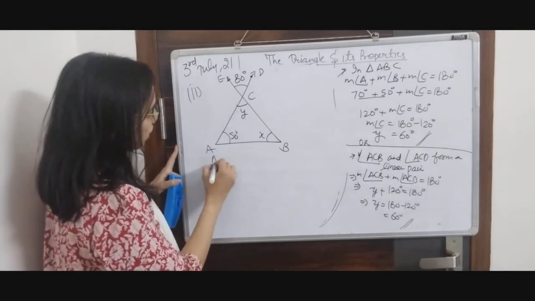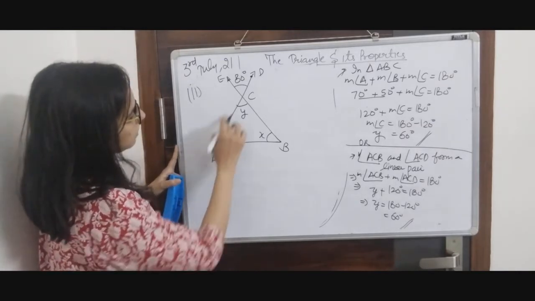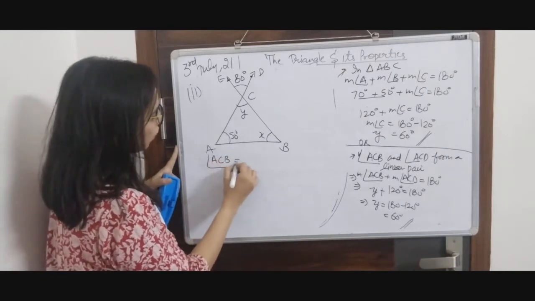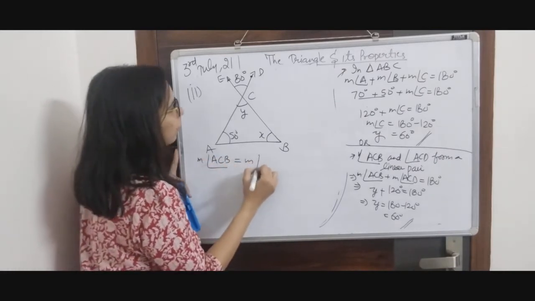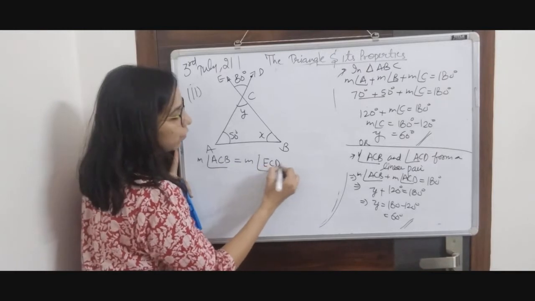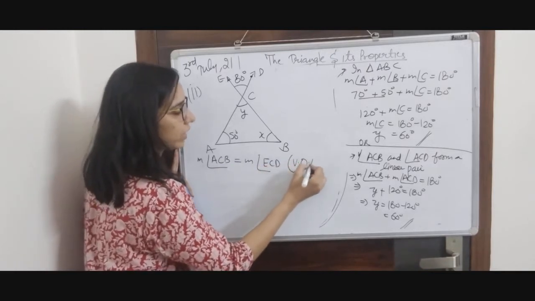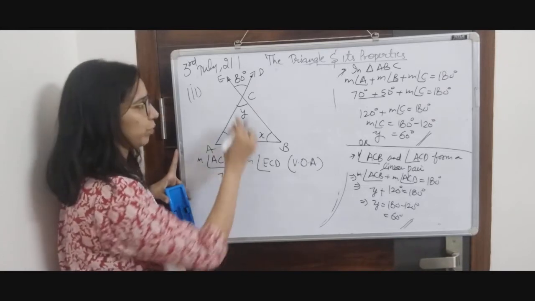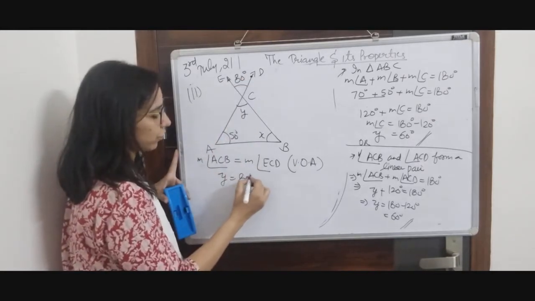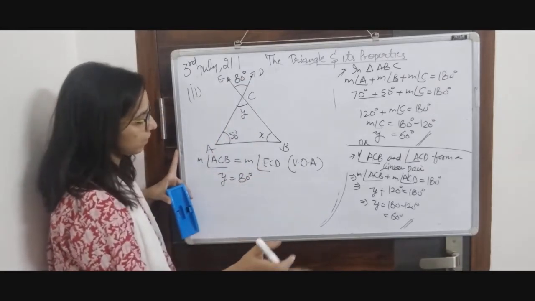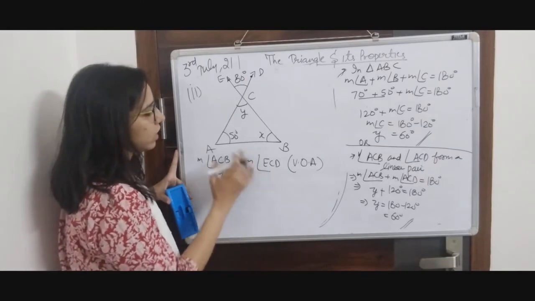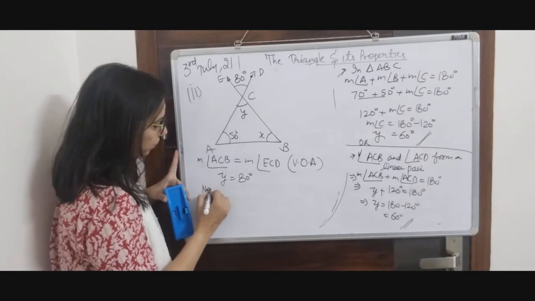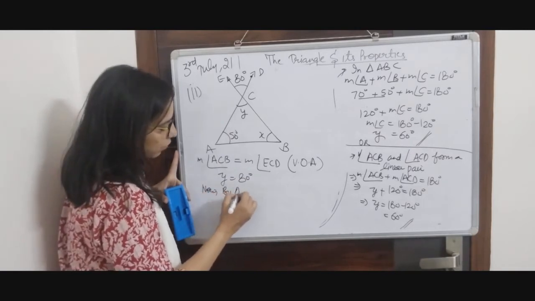Now angle ACB is equal to measure of angle ECD. Why? Because they are vertically opposite angles. So your ACB, which is Y, is going to be equal to 80 degree, which was measure of angle ECD. This we have found out the Y. Now we are going to use angle sum property. Now by angle sum property,